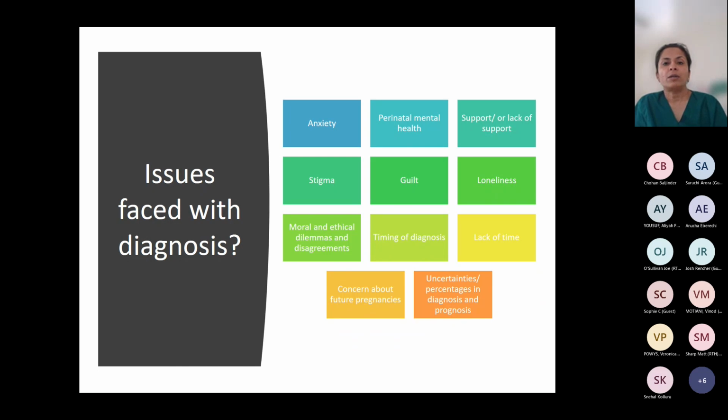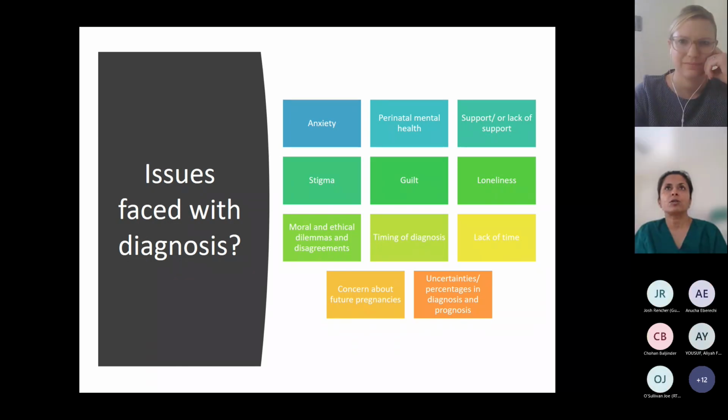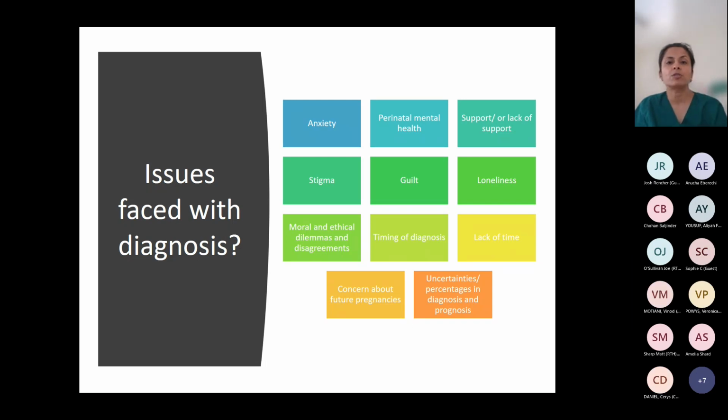And the moral and ethical dilemmas, I said to you, the more and more services are advancing, we might think this is all brilliant, but remembering that this probably causes more ethical dilemmas for our couples. Where spina bifida surgery was not available before, they didn't have to make that decision. Now, yes, we can offer surgery, but it could have implications on so many things in their life, in their uterus, risk to the mother, risk to the future pregnancies, or risk of preterm birth,